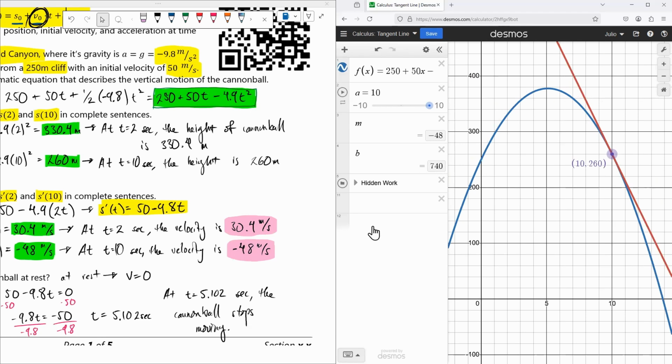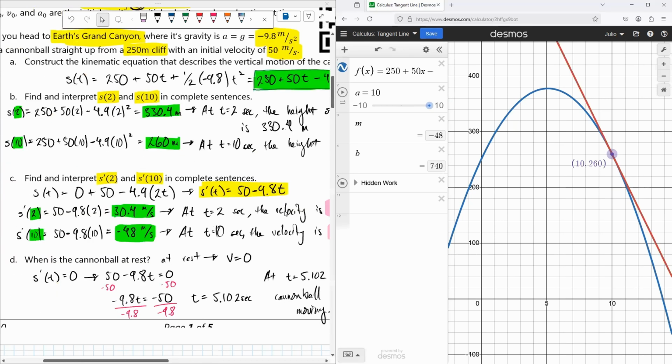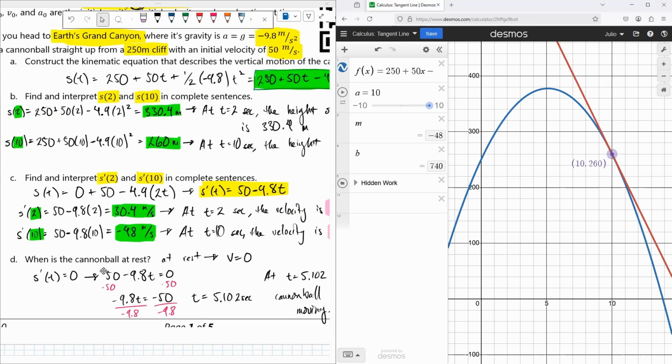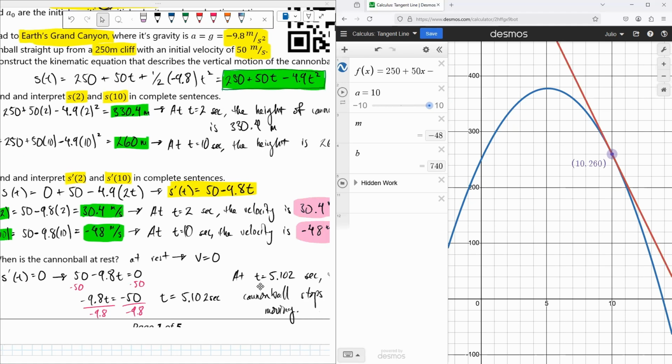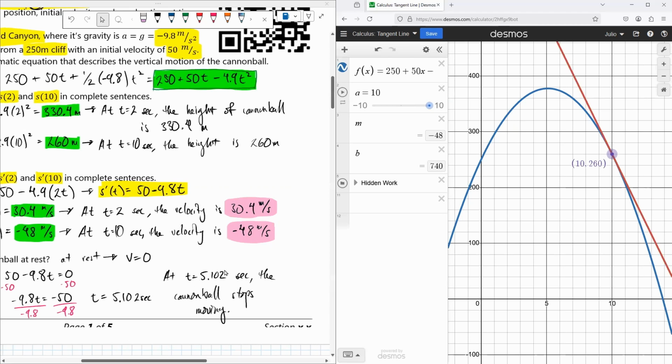Got it? Okay, now, last one, part D. When is the cannonball at rest? So that means when is it not moving? When is the velocity zero? And you see how what we found was that the time is equal to 5.102, and it happens to be, look at that point up there. That is the highest point of my cannonball. And that happens at